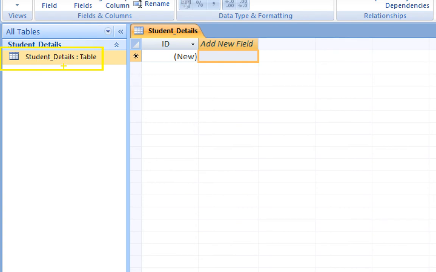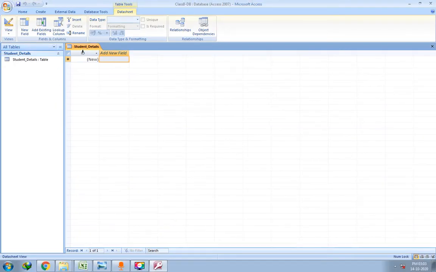Now you can add as many fields as you want. The first field is ID. Next field you can add, such as student name, student underscore name.